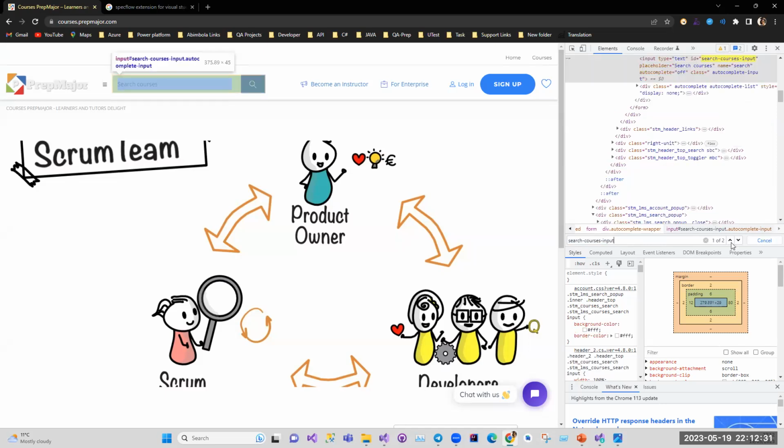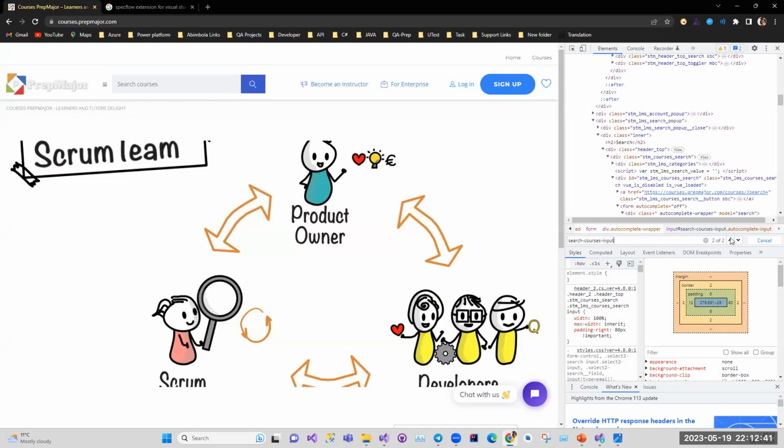So it means this particular one is on the page, and that is it. Sometimes you can use it, sometimes you might not be able to use it. Let's say this 2 of 2 is present on this page. You won't be able to use it because when it gets there, the test is going to fail because that element is present twice on that page. It needs to be present